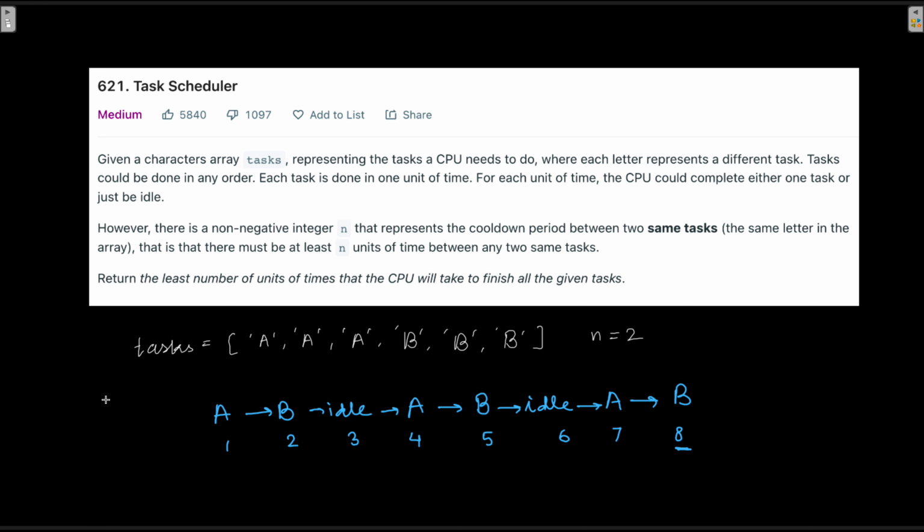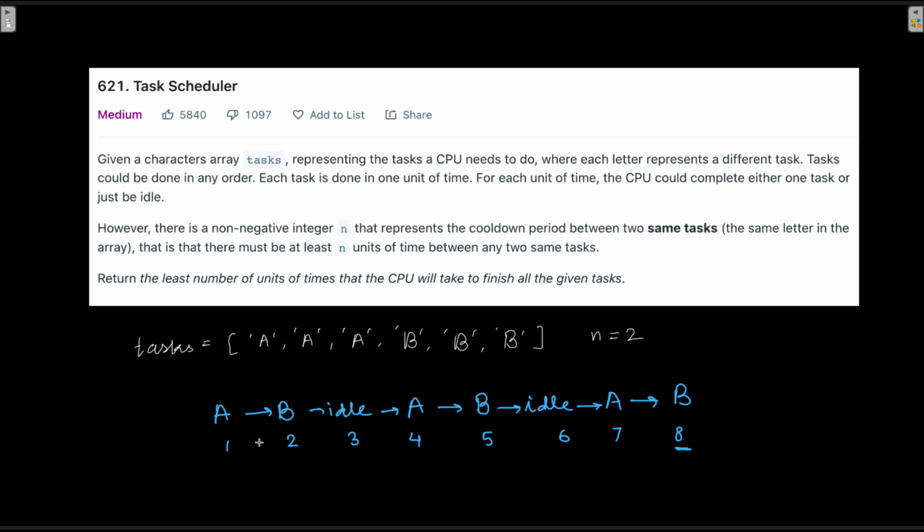From this example itself, we can see that the given value of n is 2, which means between two tasks of the same type, there have to be at least 2 CPU cycles. That is the cooldown period.